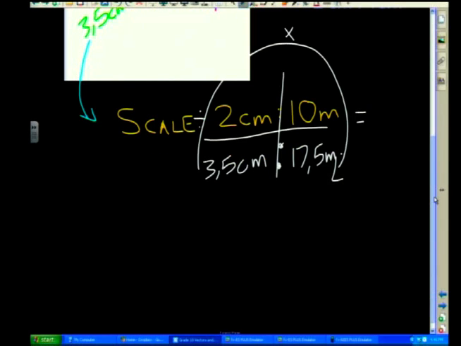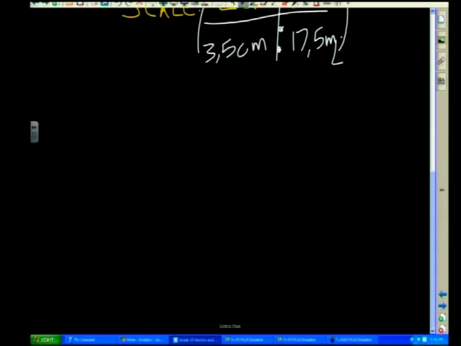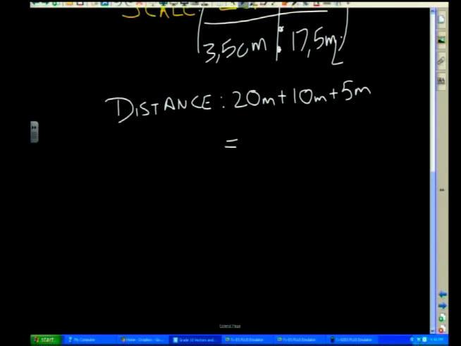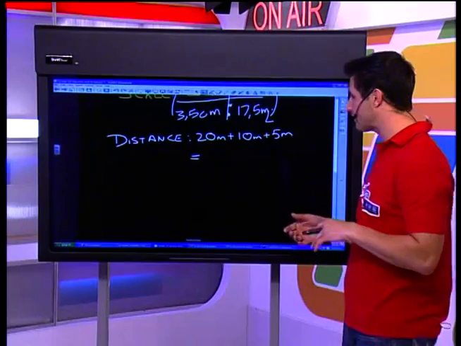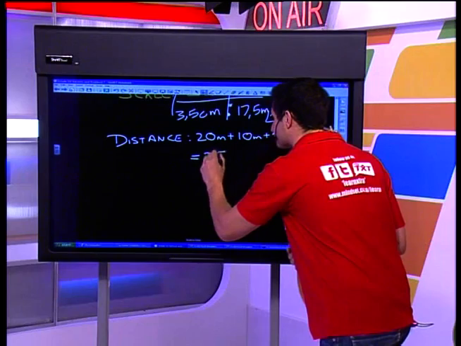Let's just write down what we know so far. I know the difference between my distance and my displacement. Here we go. So my distance, let's just add up all my distance. This is how far I walked. My distance was equal to 20 meters plus 10 meters, plus 5 meters. And by then I was quite tired. So I added all of that together. So I got 10, I got 20, I got 5 as well. Okay, so now I've got 35 meters of distance.